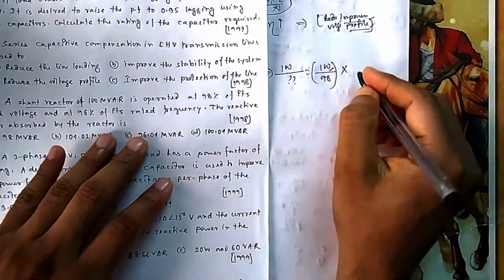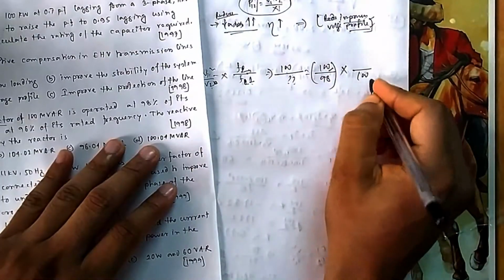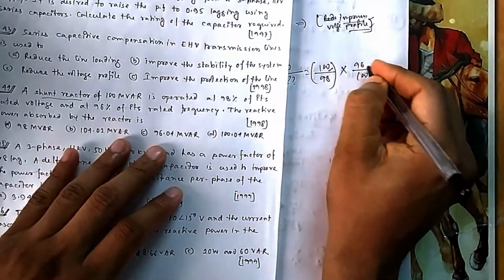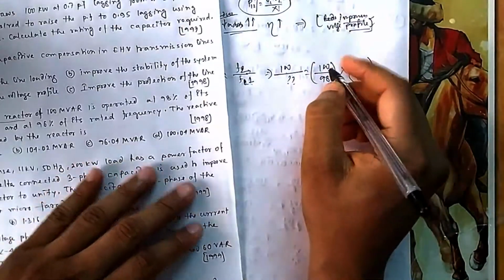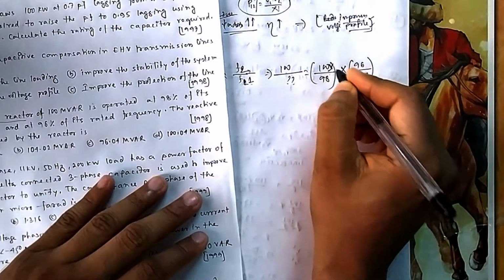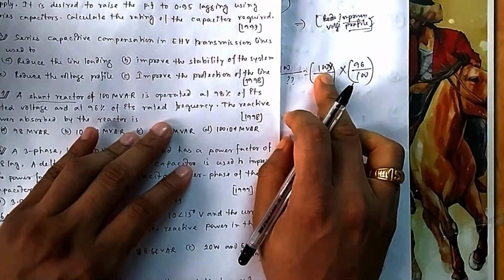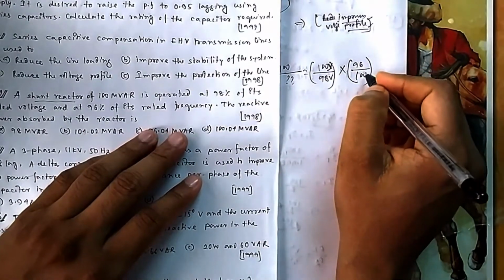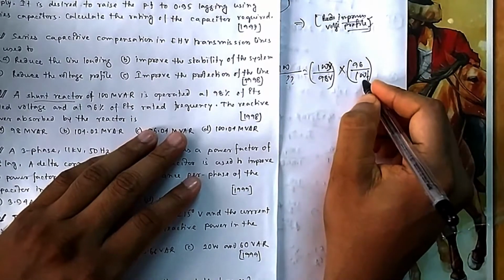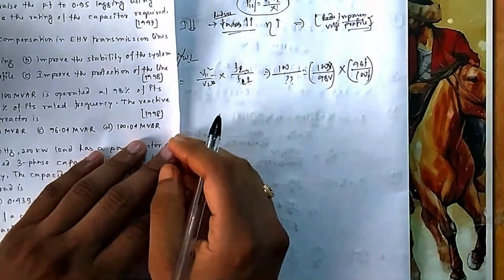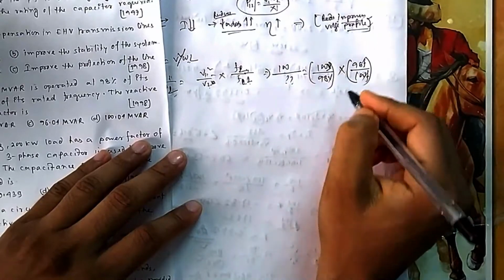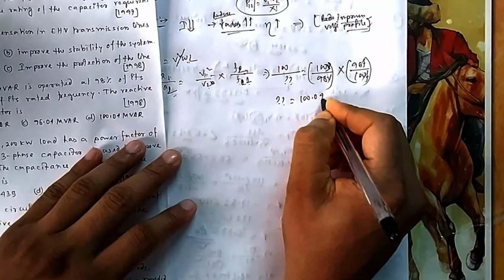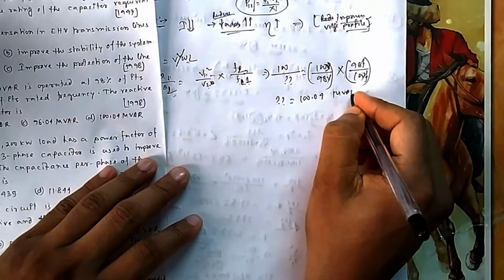Similarly, in the case of frequency also, if you give the full frequency, suppose I consider it 100, then I will get this one. But I am giving 96% of that. You can consider the rated voltage as 100V, so I am giving 98V, and the rated frequency was 100F, but I am giving 96F because I am giving 96%. So this already gets cancelled. From here, if you calculate, you will get your answer as 100.04 MVAr. That is your option D.